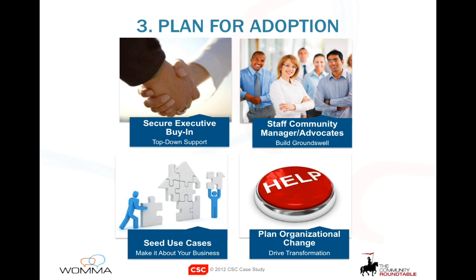We had to plan for adoption. As I mentioned, with social business for the enterprise, when you're thinking about employee communities, you are not just thinking about the technology, you are thinking about the people and the organization change required. So we had a four-part approach. First, we knew we needed top-down support. Not only were our executives sponsors writing the check, so to speak, for the financial investment we were asking for, but we also saw our executives as critical in walking the talk,